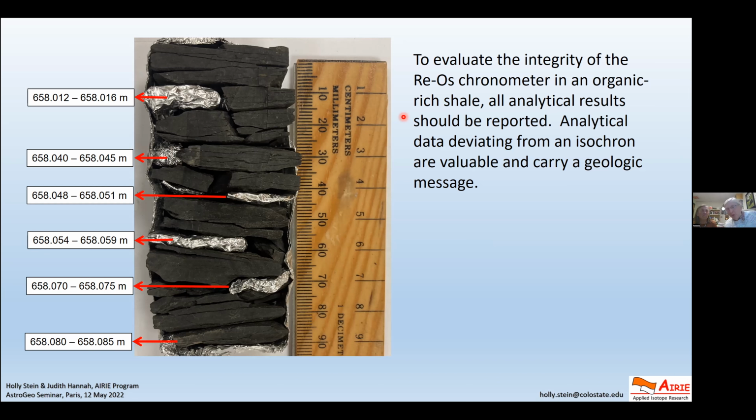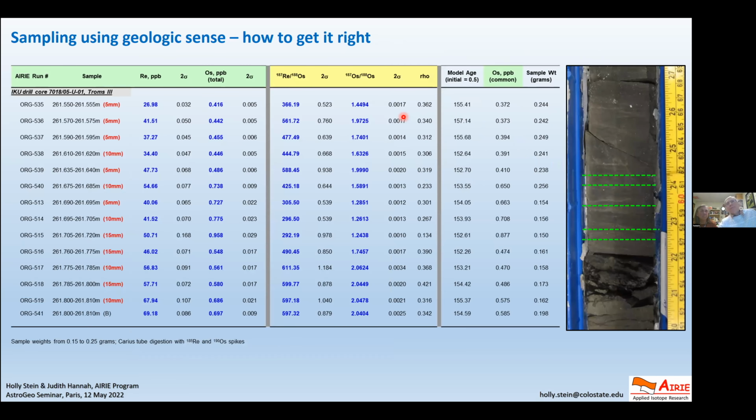But now I'm going to show you an exception of how we can pick through data. Here's what we measure. And this is the example, but I want to show you how we can look at where the aberrant, let's say, non-isochronous samples fall. This is a drill core. I think it's about 20 some centimeters, and each of our samples are a few millimeters thick, sort of abbreviated over here with these green lines.